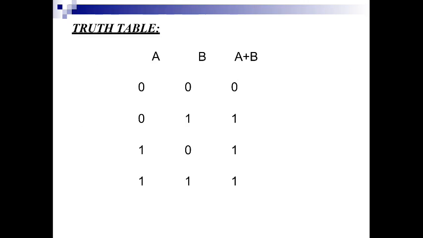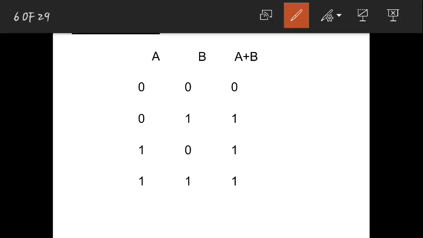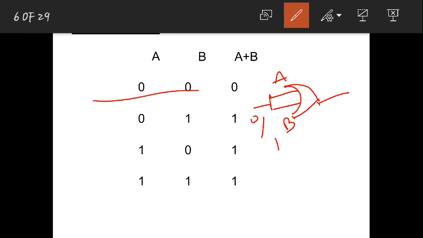Let me draw in this truth table column. See here, this is my OR gate operation, and these are the two variables A and B. When I short both of them and make it one single input, I can make this a NOT gate. In this case, a single input means I can give either 0 or 1. Only these two options are there. It can take only one of these two.